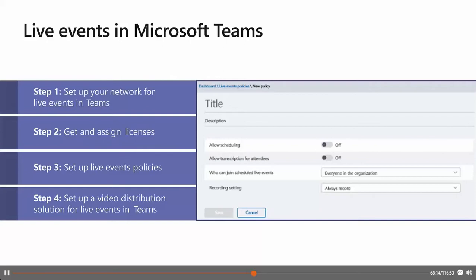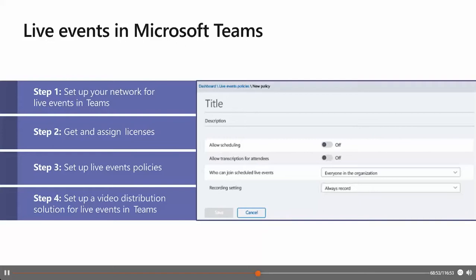Live events in Teams require you to prepare your organization's network for Teams, so that you have enough capacity on it. You obviously need to have the specific license model that allows you to use the live events feature set, and the live events policies are used to control who in your organization can hold live events and the features that are available in the events that you create. You can use the default policy or create one or more custom live events policies, and after you create them, you can assign them to a user or a group of users in your organization.